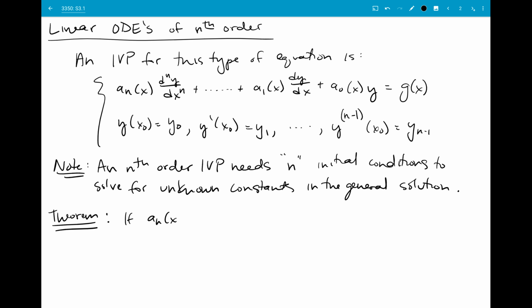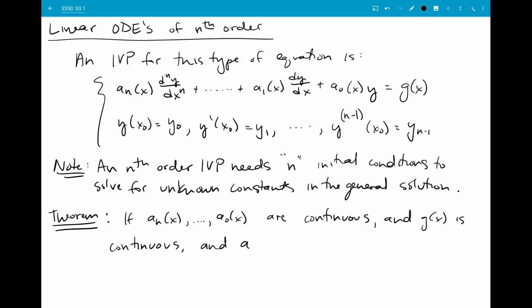The rules are going to be that if a sub n of x down through a sub 0 of x, so all these coefficient functions that you have attached to y and its derivatives, are continuous, and g of x is continuous, and a sub n of x is non-zero over some interval I,